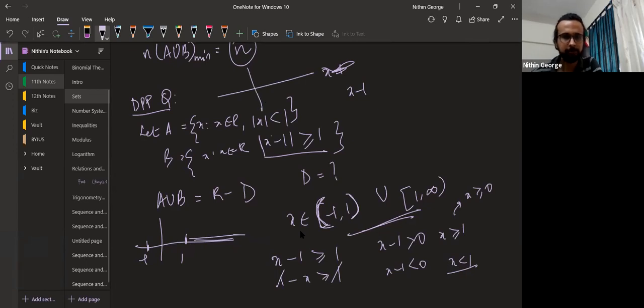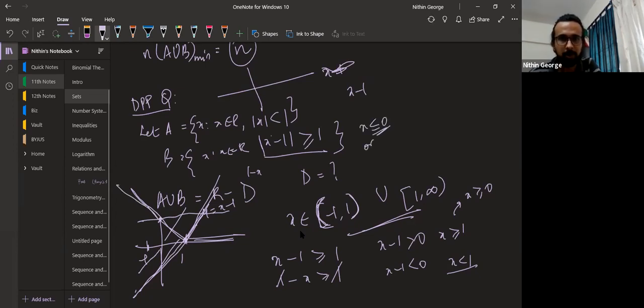Let's draw x minus 1 directly. Okay, let's solve it graphically. That's best. When I take y equal to x minus 1, I have y equal to x pulled down 1 unit. It'll go through this point, right? Okay. So this is y equal to x minus 1, and this should be the mod of it. Mod of it should be greater than or equal to 1. Mod means 1 minus x is also there, and that should be greater than or equal to 1, which means x should be less than or equal to 0, or x should be greater than or equal to 2.